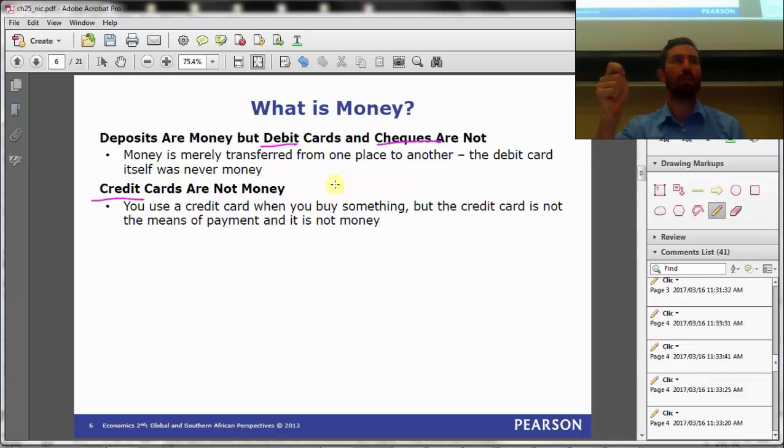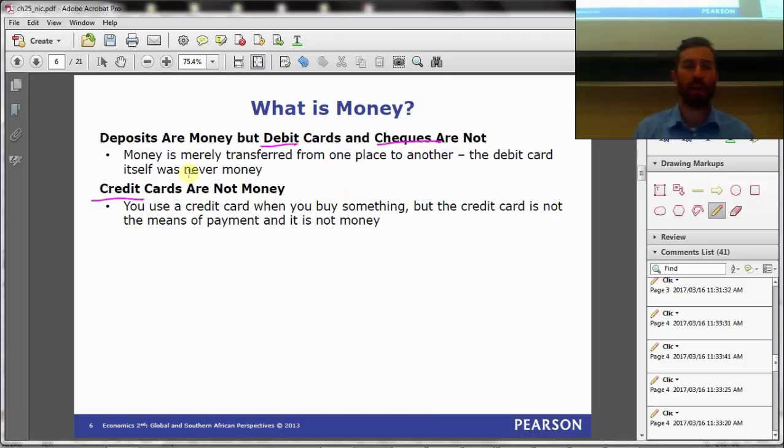If you use your debit card, right, to pay for something in the shop, what that does is it transfers a debit balance from your account into a debit balance in someone else's account, right? The card itself is not the money. The card itself moves money around, right? If I have a debit card in my wallet, I go to the ATM, I withdraw money, my deposit value goes down, the cash in circulation value goes up. The debit card itself is not the money, it's a transfer of money from the bank into my hand, right? That's what I use the debit card for.